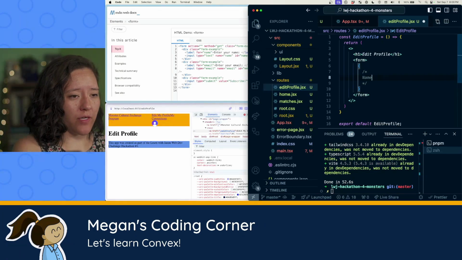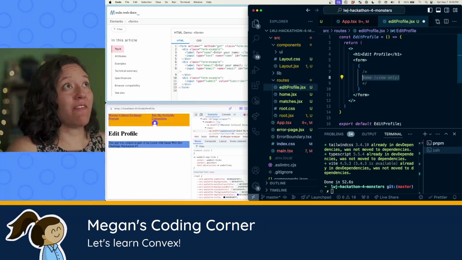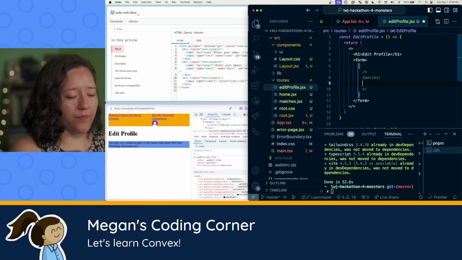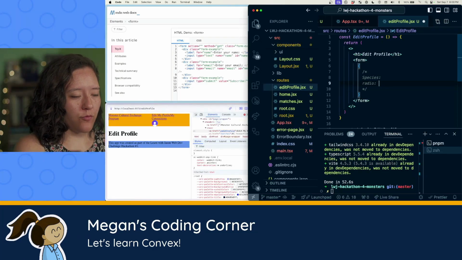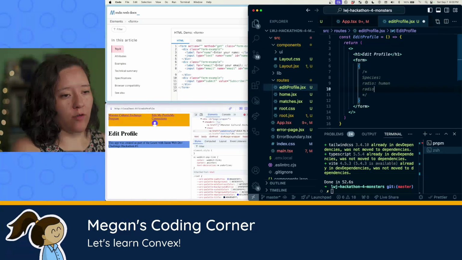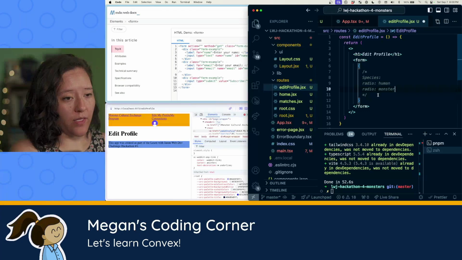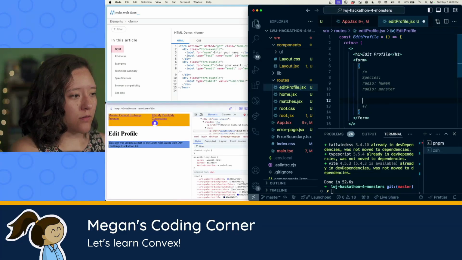We want to have a way for them to see their name, view only. Well, let's just skip that because we're going to have to make a database call for that. We don't even have anything in the database yet. Let's just start with a species. So we're going to have a species, which is going to have a radio button for human, radio button for monster. Let's start there. And then there will be like a save changes button,